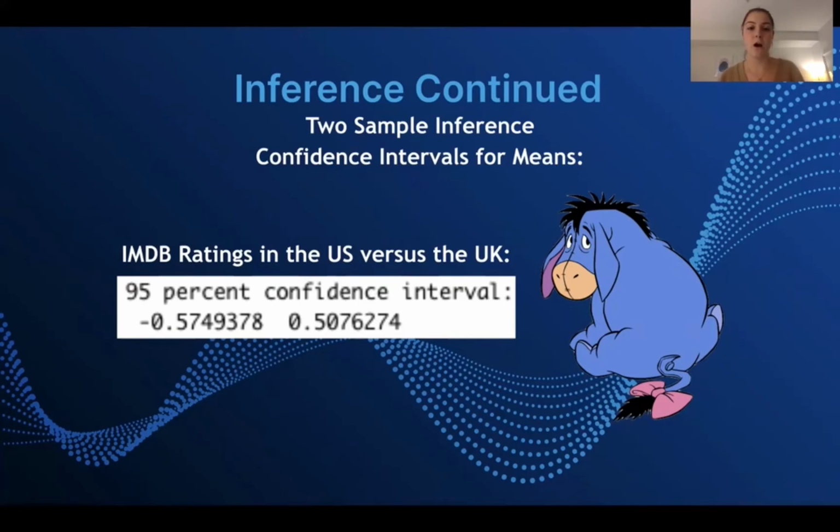And so our 95% confidence interval gave us a negative value and a positive value. So that means that we cannot say with confidence that one is larger than the other because 0 is within the range that is predicted by R. And so we cannot say that one is larger than the other because if both were positive, then the US would be larger, would have a larger average IMDb rating. But because 0 is included, again, we cannot make a conclusion,